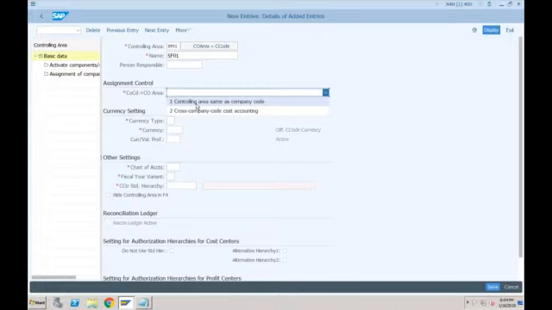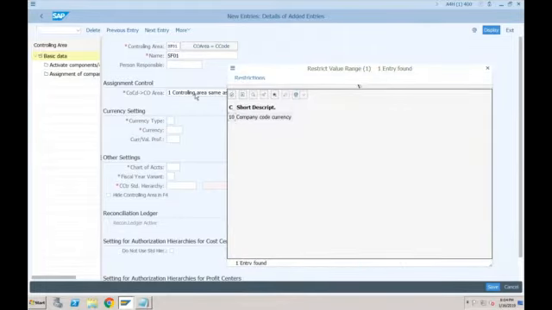When you create a controlling area, the system asks you whether this controlling area will be shared with multiple company codes or is going to be one-to-one. As of now, I'm saying one-to-one. I will be selecting the currency type here. If you are using controlling area same as company code, it will only give you one option. If you select cross company code controlling area, the system will give you the controlling area option and cost object option, so there will be multiple options available. So let's use this.